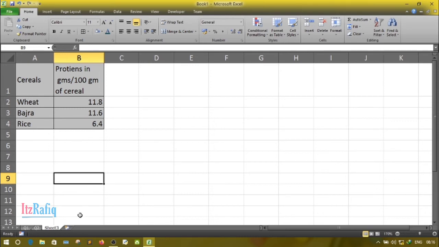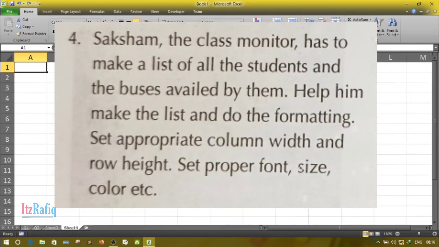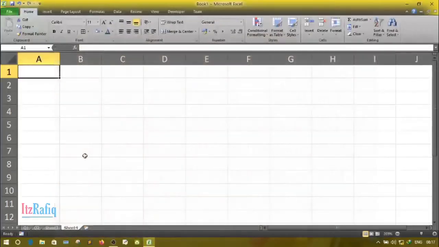So this way we can do question number 3. Now we'll move to question number 4. Here Saksham is the class monitor and has been asked to make the list of students and the buses used by them. Help them to make the list and do formatting, set appropriate column width and row height, set proper font size and color.